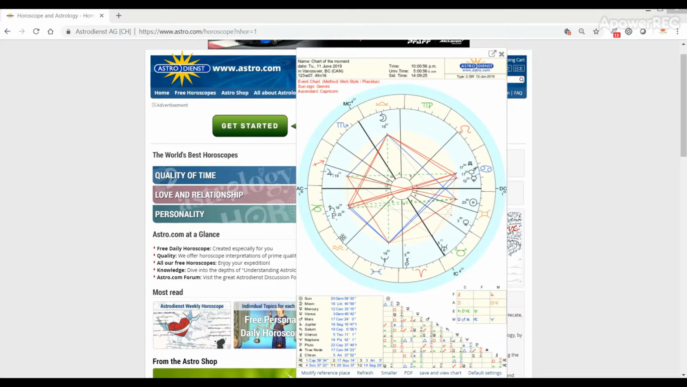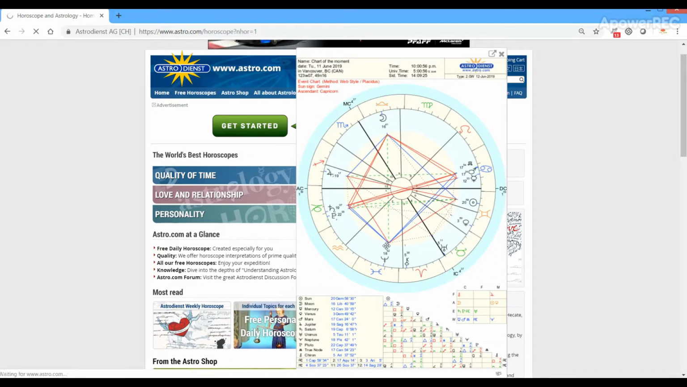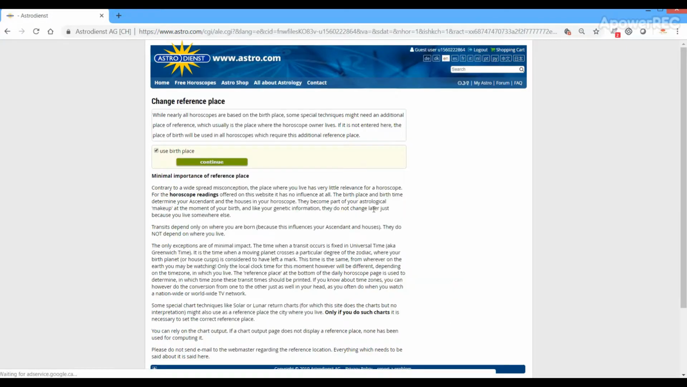What I would also suggest is to take a look at the city which is mentioned here, place. So maybe it was automatically taken from the previous chart which you built, or if it's a computer, for example, in the library or something like that, there might be a different setting here. But you can also modify reference place here if you click on it. If you uncheck this thing and continue,